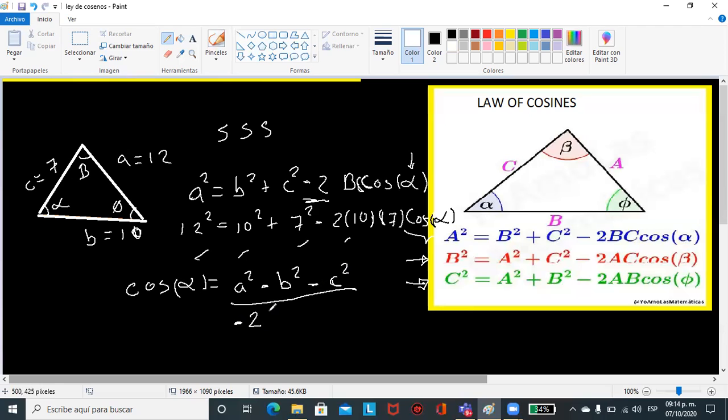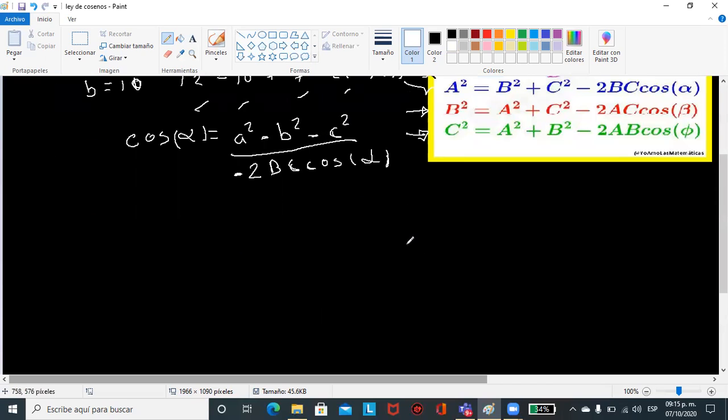So it's dividing by -2BC. Okay, so now let's put in the data again. The cosine of alpha is equal to A, which is 12 squared, minus B, which is 10 squared, minus C, which is 7 squared, over -2